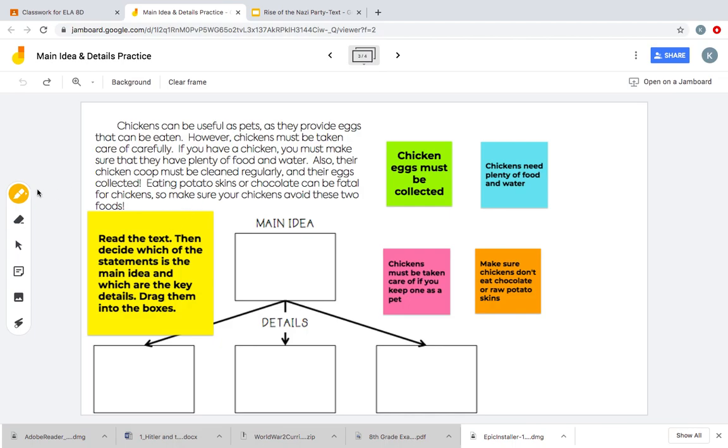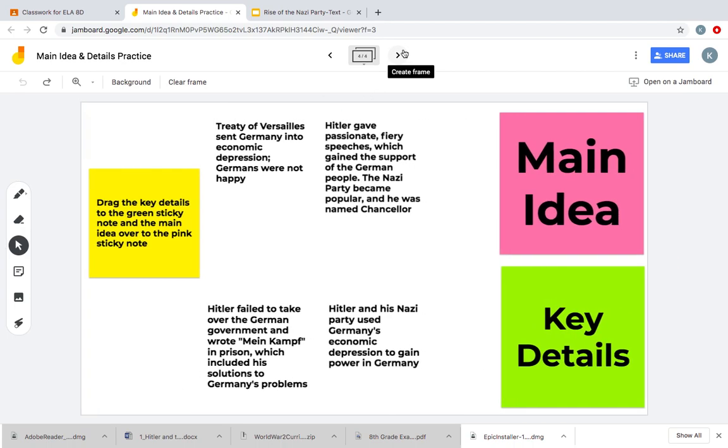This one, you are going to read this short little text about chickens as pets, and then you have to decide what the main idea is and what the details are. All you're going to do is drag the main idea over and then the details below. And the last one,